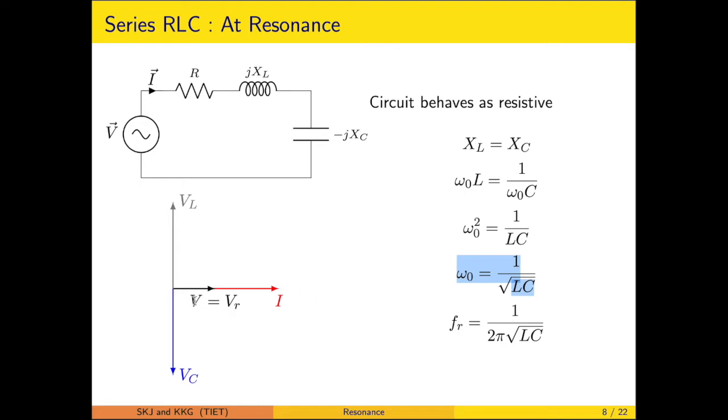Now this is a phasor diagram. As the current is common, that is marked. The voltage across the resistance is in phase with the current, so VR is marked. VL is 90 degrees leading the current, and VC is 90 degrees lagging the current. What we will see is that VL is exactly equal and opposite to VC, so they will be counterbalancing, and therefore the supply voltage will appear across the resistance.